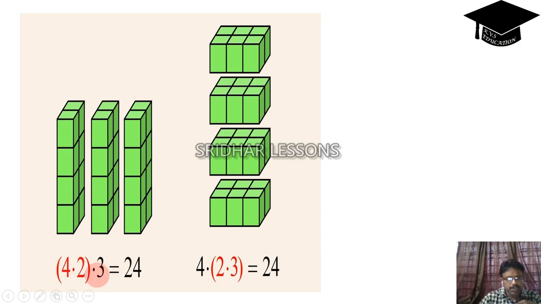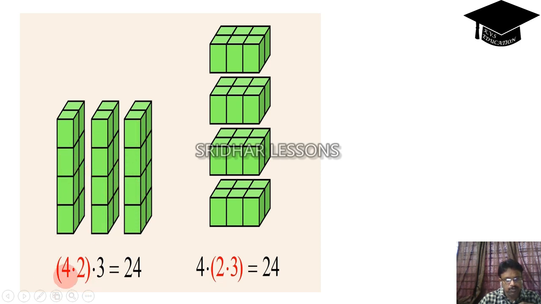Observe this one. The number outside the brackets shows how many boxes are there: 3. Similarly, outside the other bracket, how many boxes are there? 1, 2, 3, 4. 4 boxes. Here, outside the number, it is 3. We have 3 boxes. And we will multiply rows as well as columns. 1, 2, 3, 4. Okay?